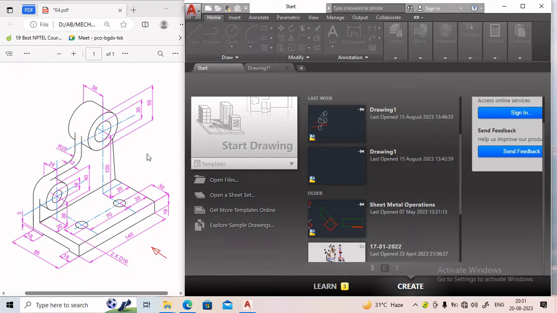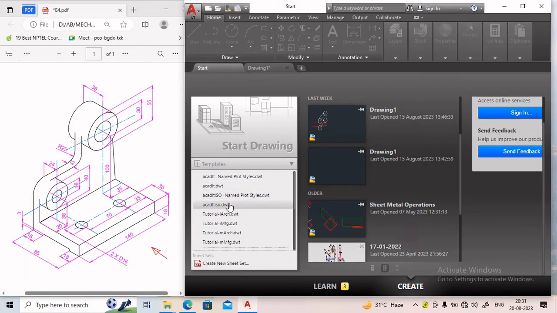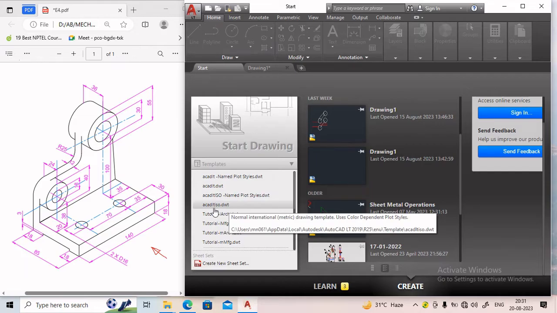So let's start. First we will select the template of the page. We will select the template as AutoCAD LT-ISO.dwt. As it is the AutoCAD LT version, that's why the template is coming as AutoCAD LT-ISO.dwt, and we are selecting this ISO format so that all the information in that sheet will be based on the